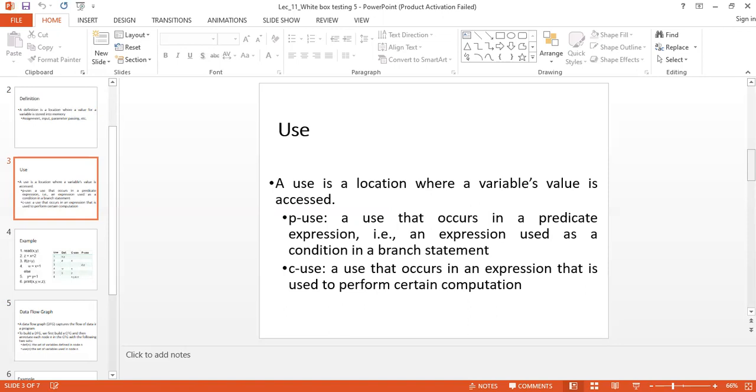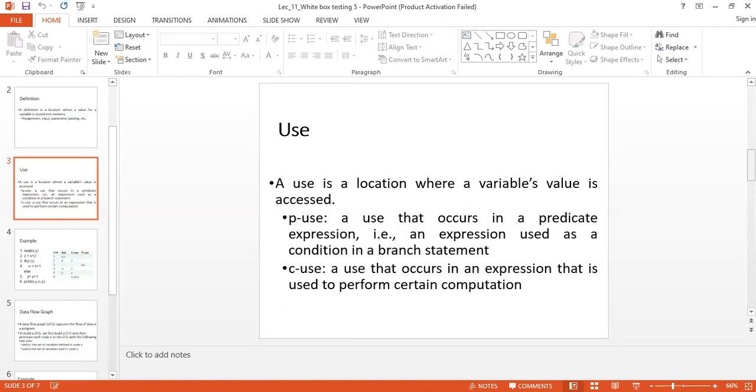In the use, you will have different variables, and we can do different operations on those data.